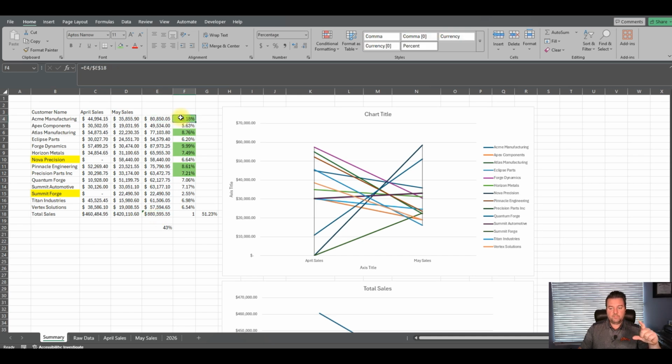Okay, that's going to give you a percentage of sales, total sales for that customer. Okay, and then look at each of those and start to sort them. You might want to sort them highest to lowest, and start going down the list from the top, and say, okay, this one, Acme, Atlas. Look at all your big hitters here. Forge, the ones that account for the most percentage of your total sales.